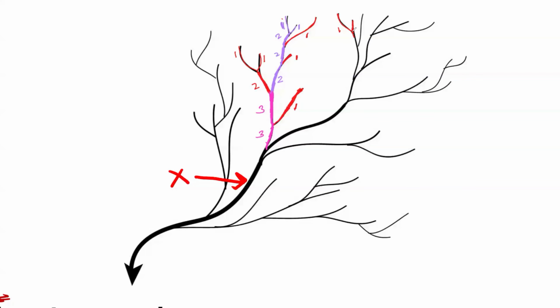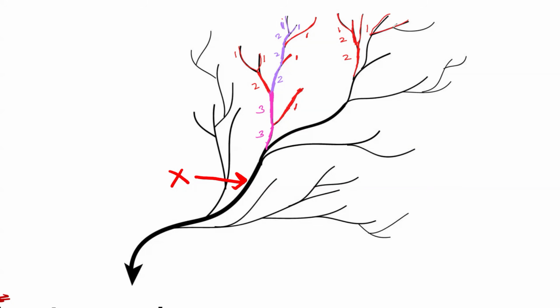That's going to give us stream order 2 there. This is stream order 2. And then we still have another stream order 1 here. Combining, this remains as stream order 2. Remains as stream order 2, right? And it is combining with a stream order 1 there, stream order 1 there.